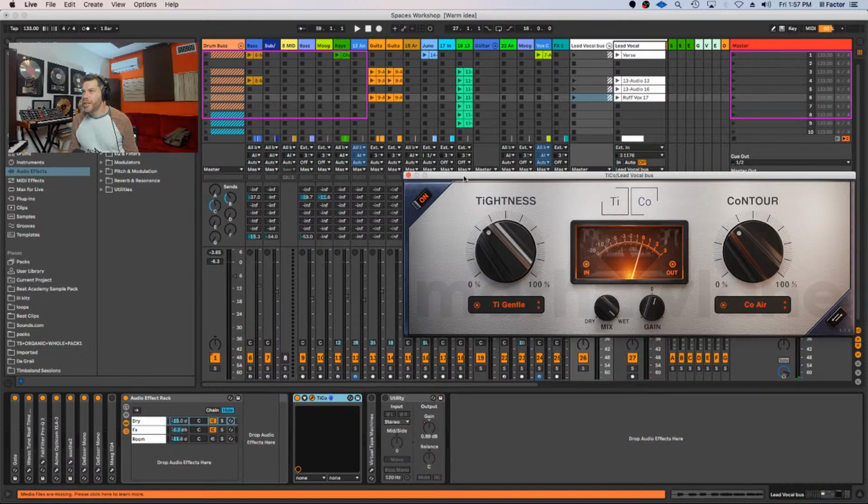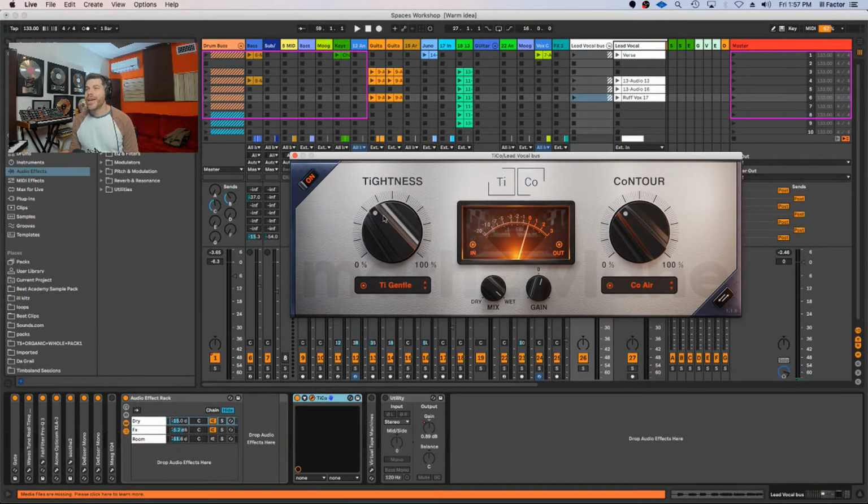This is a compressor I ran into from Matthew Lang. I think I downloaded it and was trying it out, and I was like, this is kind of cool. It's one of those plugins where it's just two knobs, and it's doing all the work underneath that. And I was like, all right, it seems to do this: a little bit of gentle compression and adding some crispy air to the top end here.